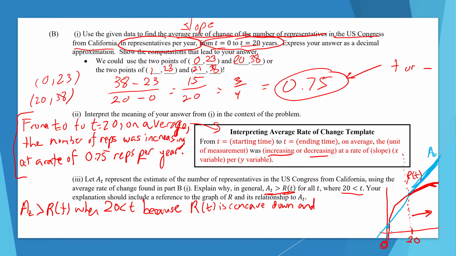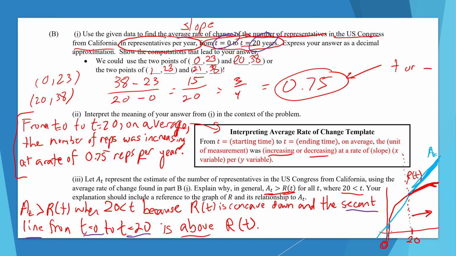And we want to talk about that secant line. So, the secant line from t equals 0 to t equals 20, or formed between 0 and 20. The second thing is that you need to talk about a secant line and talk about the 2 points that form it, which is, in this case, 0 and 20. So here we would say the secant line from t equals 0 to t equals 20 is above